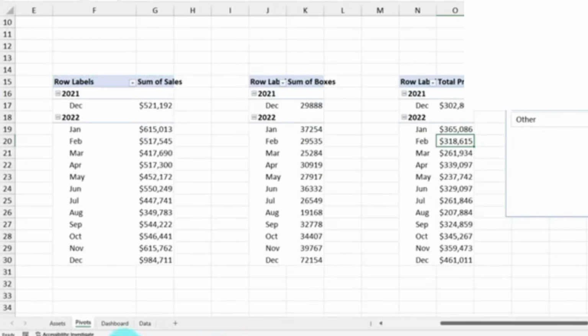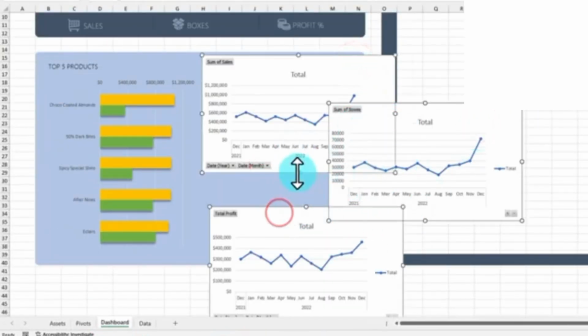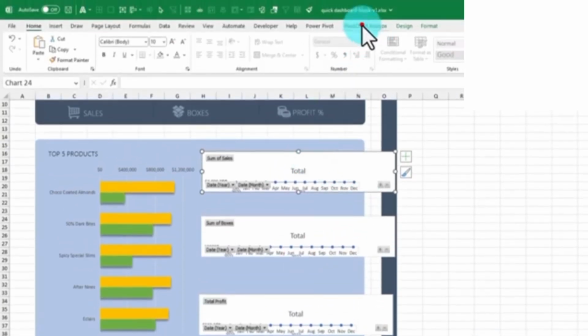It looks a bit cluttery, so I'm going to select everything and resize them smaller. Next, we'll do the same thing as earlier. Select this one, and from the